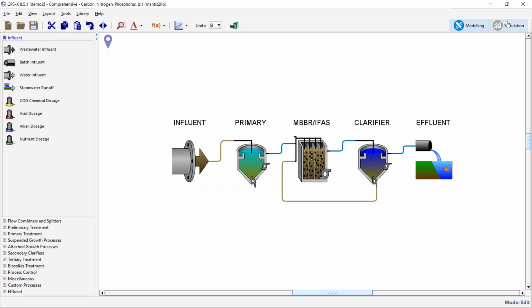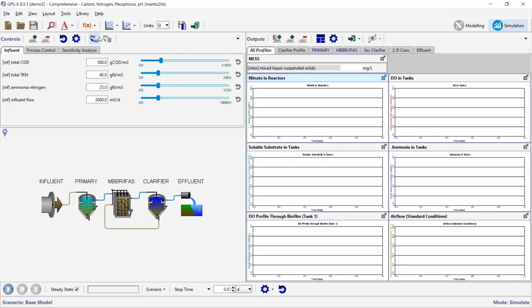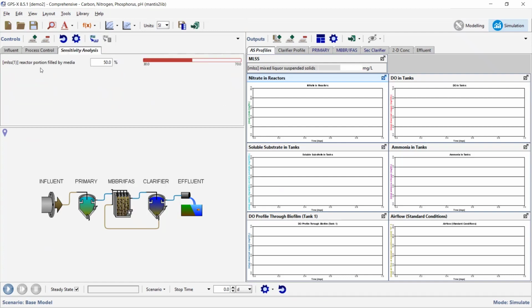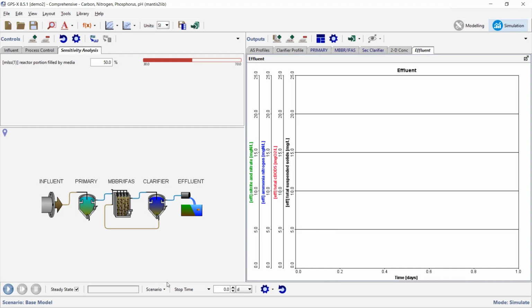Okay, so we've got that, and what I'm going to do is use the GPS-X analyzer function and do a sensitivity analysis on the reactor portion that is filled by media. So in other words, we're going to run it with different amounts of media in the system. And I'm going to start out by doing that in the MBBR format first, even though you can see this connection here, I've got it set to 0. And so we go up to here, we set it to analyze mode. We're going to run it from 30% to 70% fill fractions,